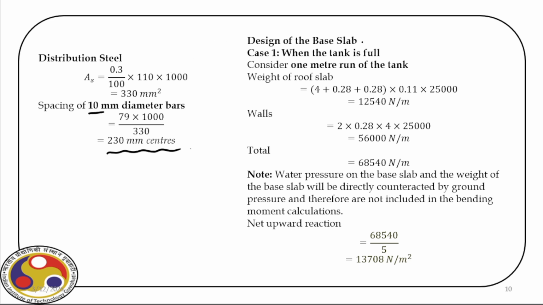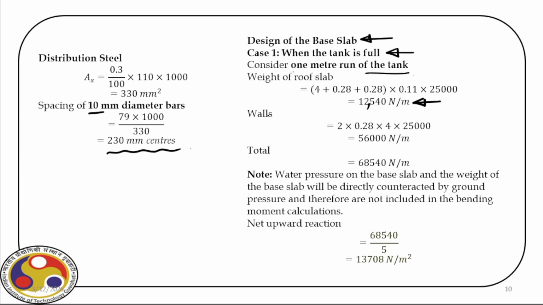The last component we have to design is the base slab. For the base slab, again recall we have two different load cases. Case 1 is when the tank is full. When the tank is full, we have the full water pressure acting over the base. So we consider 1 meter run of the tank. So weight of the roof slab we get here, it is